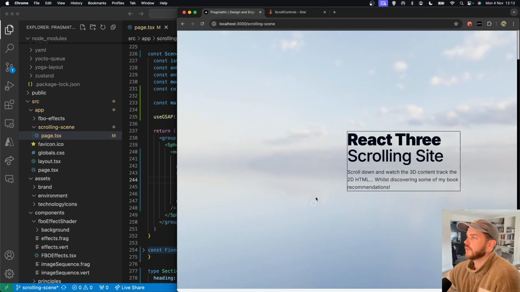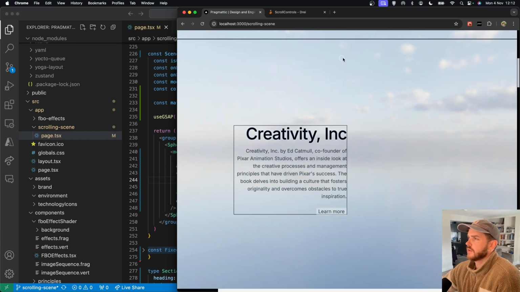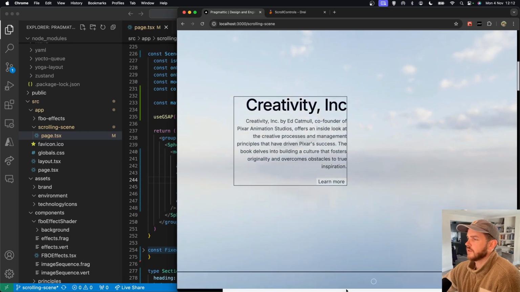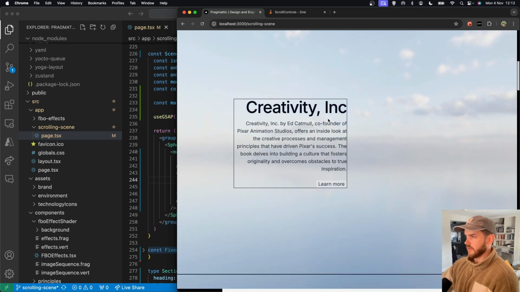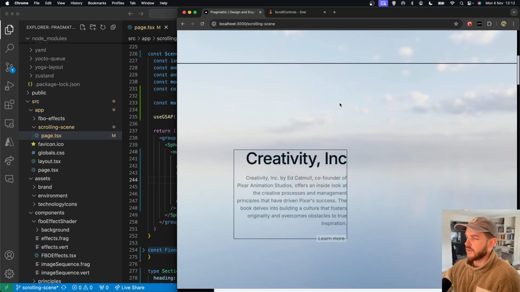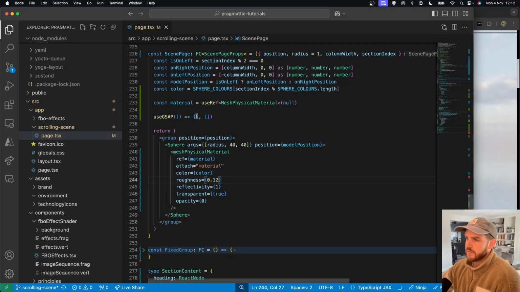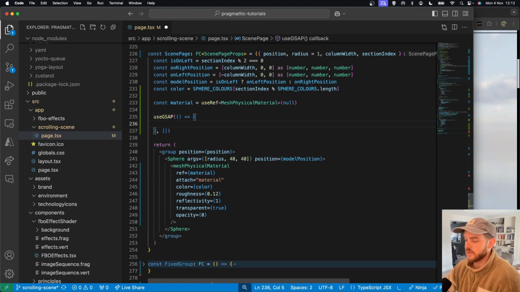So for example, this is 0 to 1 divided by however many sections there are, and this would be 2 divided by how many sections there are, 3 divided by how many sections there are. I think that's the math for doing that, and you could work that out, but because we're using gsap, instead of doing that, we can just base it